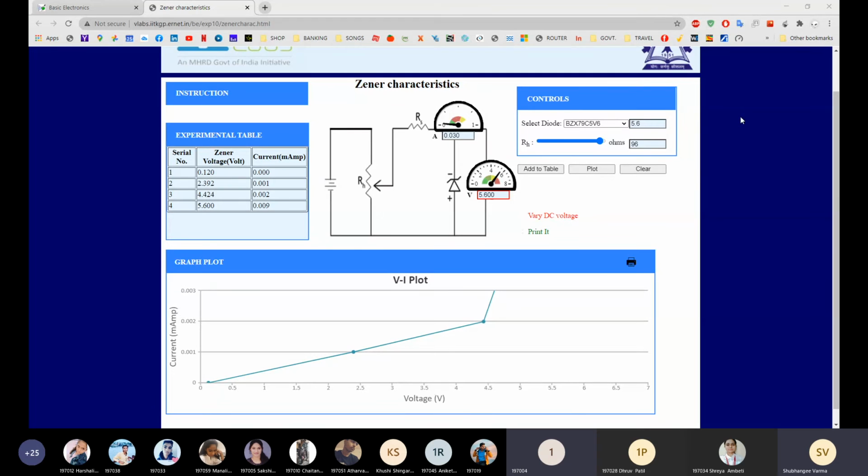So for reverse, you have to take the reading 1, 2, 3, 4, but thereafter it remains zero up to 28, 29. So do one thing: up to 15 volt, take in steps of 1 volt, and after 15, take 20, 25, and directly go to 30. 1, 2, 3 up to 15. After 15, take reading of 20, then 25, and then go to 30. Okay. Thank you, ma'am.